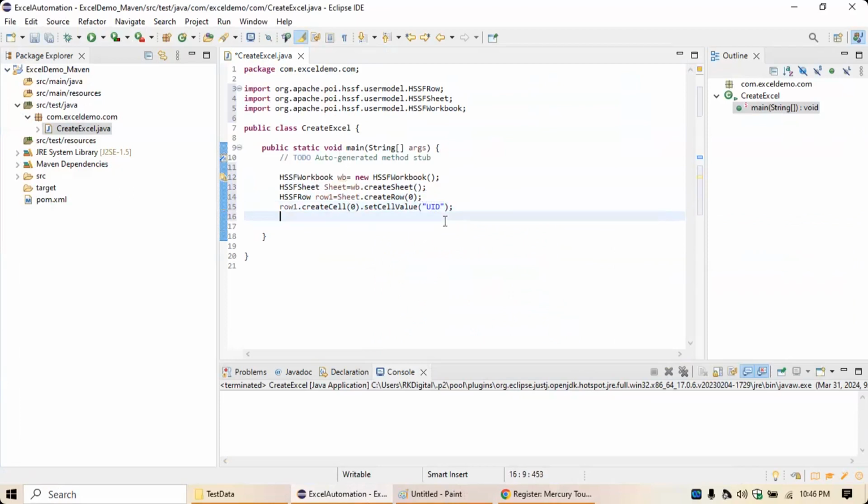And similarly, you're going to have the second value. I wanted to have one more with row1, then createCell, the next cell, and then setCellValue as password. So this is your first row only, right? Row 1 only you have to give. This is done. Now I wanted to have the data in the second row. So I'll create another instance like this for the row, that is my row2,